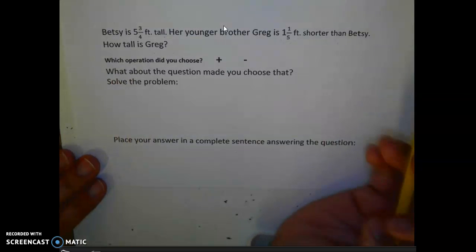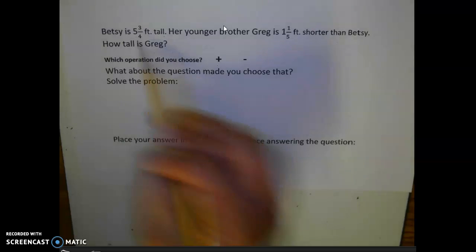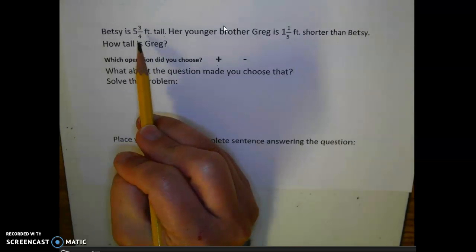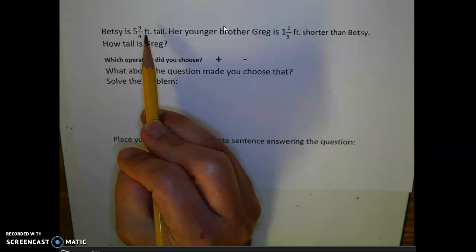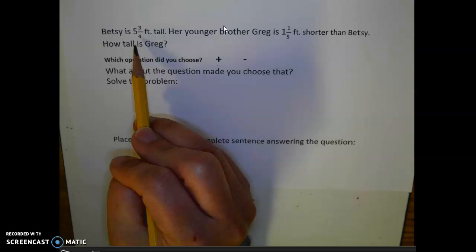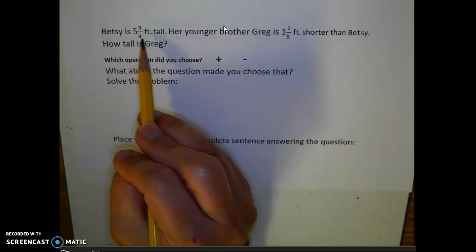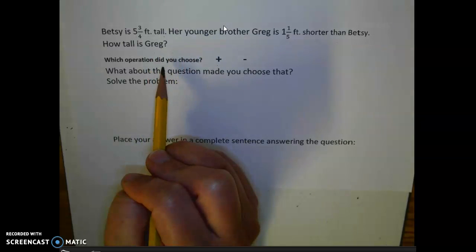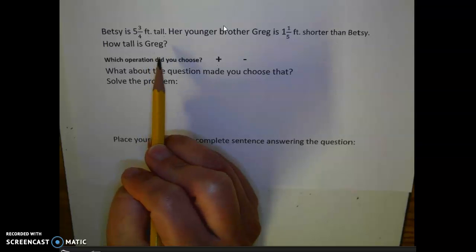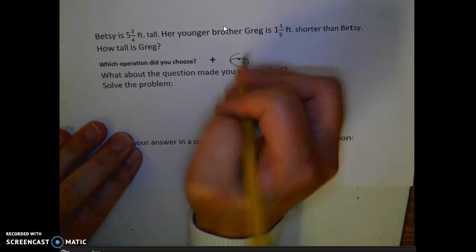Well, in this instance, if we added these two numbers together, we would get a number that is bigger than 6. So it'd be 6 plus some more. Does it make sense that Greg is 6 feet tall? It says that Betsy is 5 feet tall and her younger brother is shorter than her. So adding these two numbers together is not reasonable. So we're going to check subtract